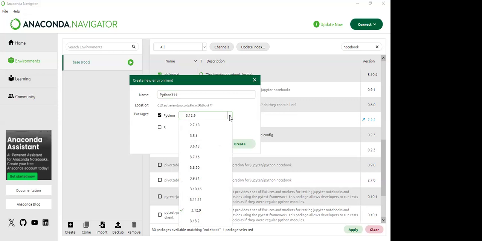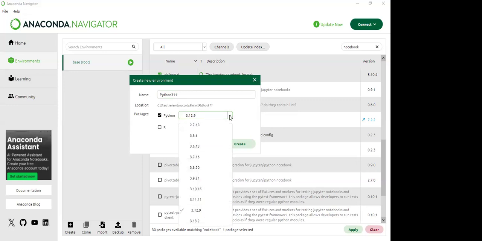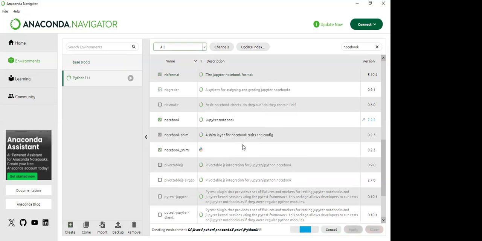At the moment it's listing several different versions of Python, and it's showing me 3.12 because that's my default, the one I installed in the system. When you click this drop down, you can notice other versions that stretch all the way to 3.13. So you can create one for 3.13, and then click create,